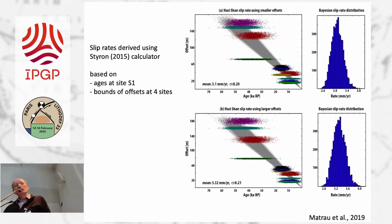So then we combine the offset of the terraces with these ages. And because we have these 4 sites, we have a set of offsets of all the different terraces at different sites. We attribute the ages of the one side to the other side to combine this data and calculate an average or best fitting slip rate that takes into account all the offsets at all the sites. And so what's come out here is a rate of about 3.1 to 3.3 millimeters per year for this stretch